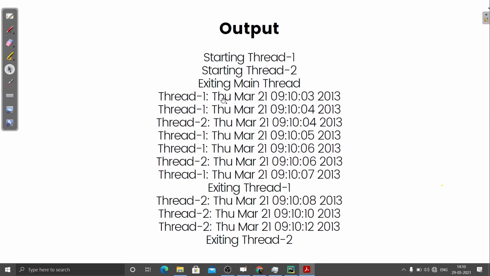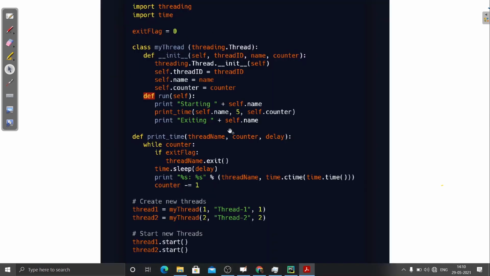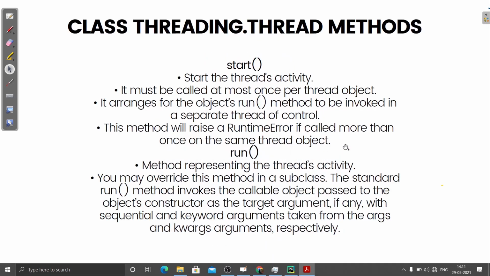You can see how user friendly this code is. It has this init function, then the run function. Inside this init function, we are calling the parent class init function. Then we have used the time sleep function. Inside this, we have this delay variable, which holds how many seconds of delay we want. Then we are starting it, and this is how the argument has been passed. The start function and run function I've already explained.